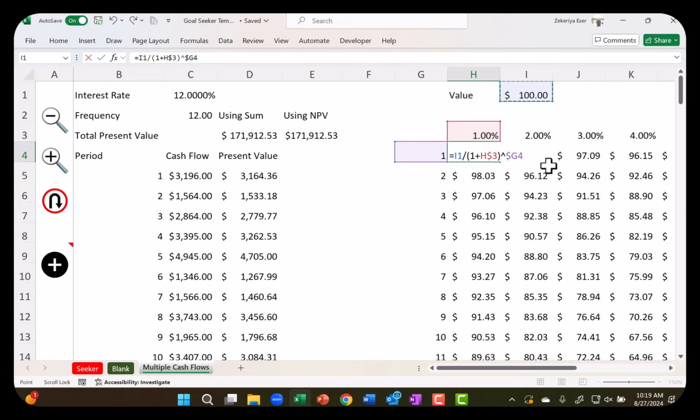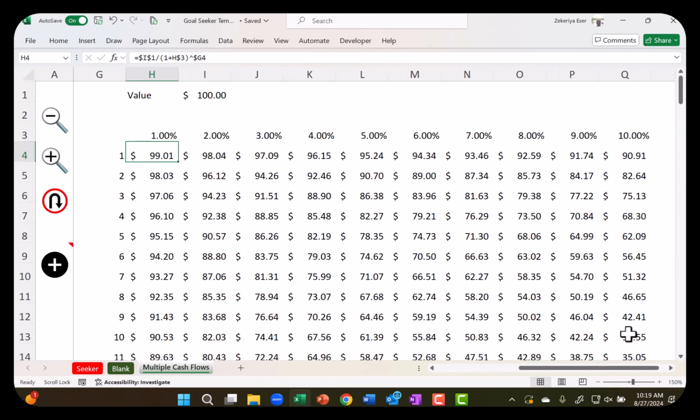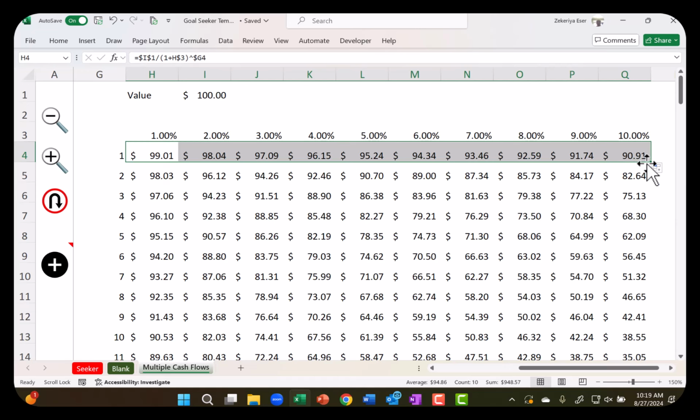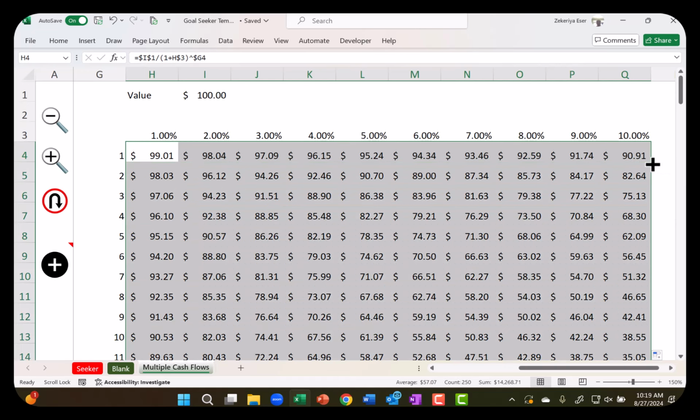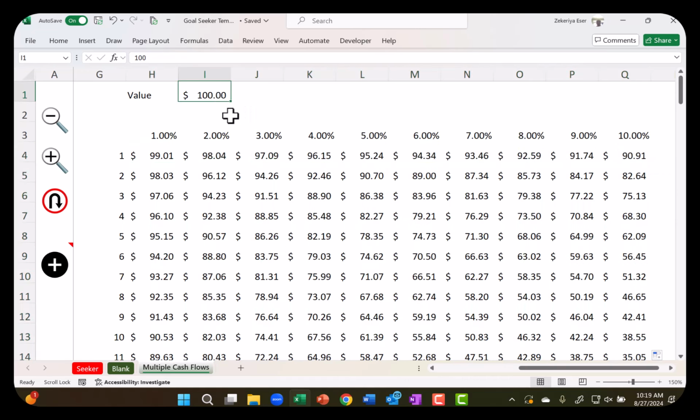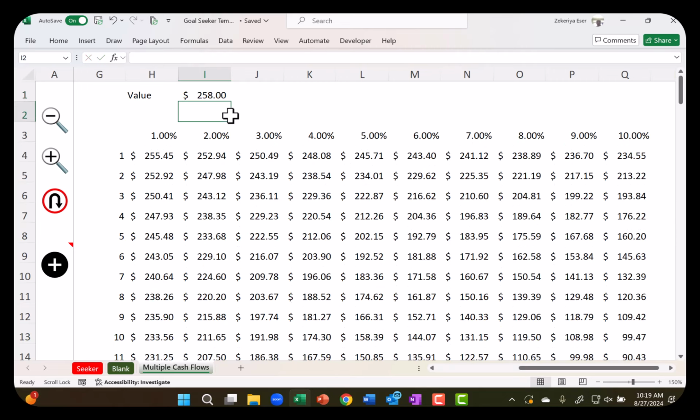But this time that value is going to be the same, so it's a full absolute reference. Drag to the right. Now, if I wanted to know a value of $258, 6 years from now at 7% interest rate,